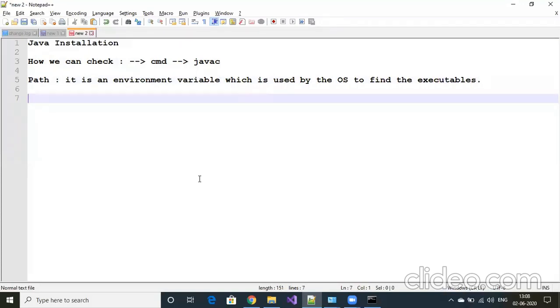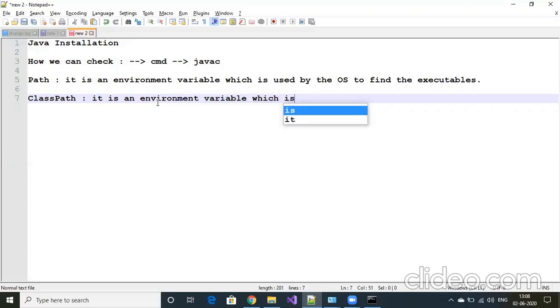So now we will be giving classpath. Classpath is an environment variable which is used by the Java compiler.